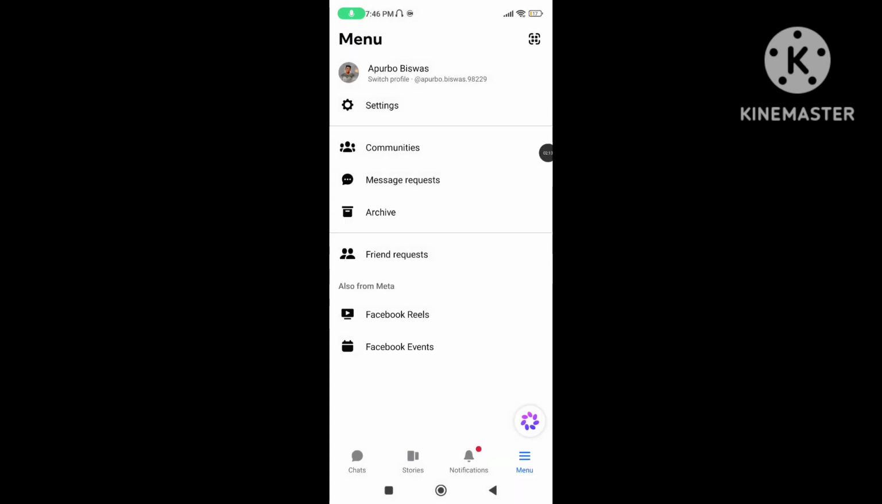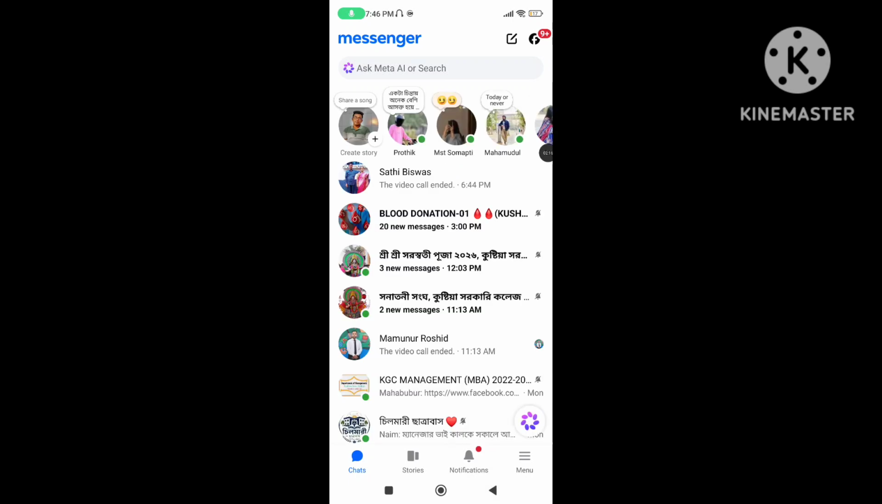You can follow all of these steps to fix how to stop Messenger automatic send photo problem, or fix Messenger